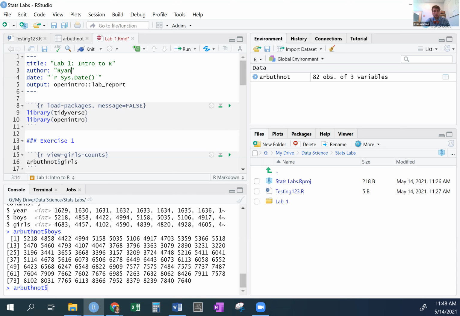So it could be Ryan Johnson and friends, or okay. And then the date, if you do it like this, it's going to automatically put in today's date. And you could also just get rid of that and put in whatever date you want, but whatever. And then output the type of lab report for our textbook. Okay, so